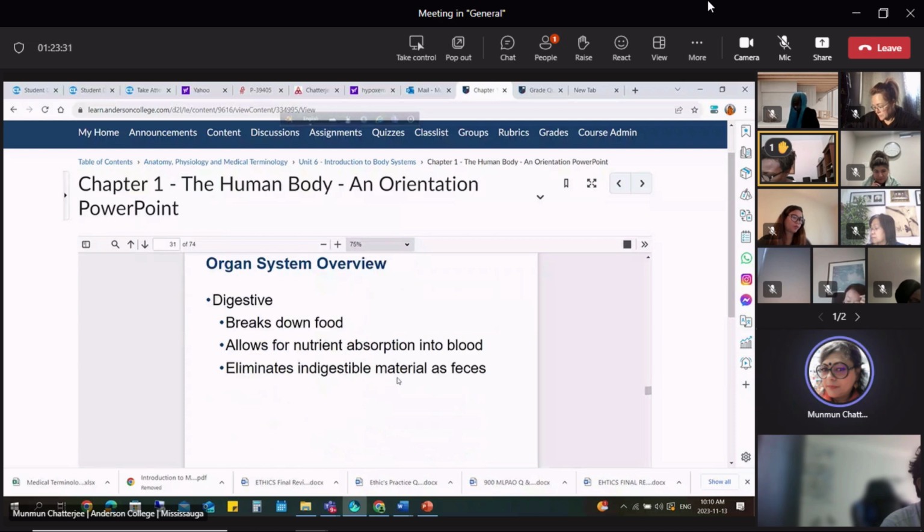Next, we are coming to the digestive system, right? So what the digestive system does is it breaks down the food and allows for nutrient absorption. When you are eating something, you take the food, any kind of food, then the food goes from the pharynx through the esophagus to the stomach, upper part of the stomach, lower part of the stomach, which we are going to learn later, and then the food is broken down fast, and it starts